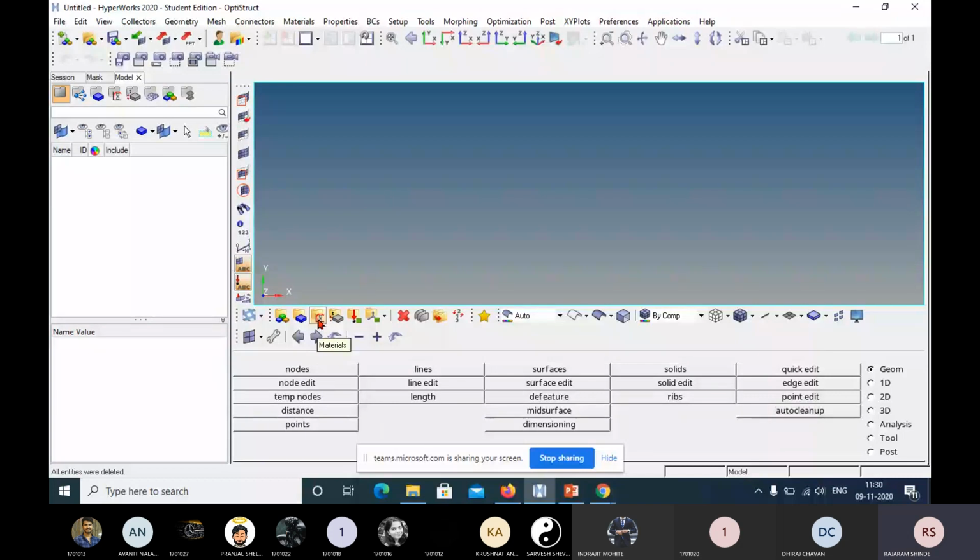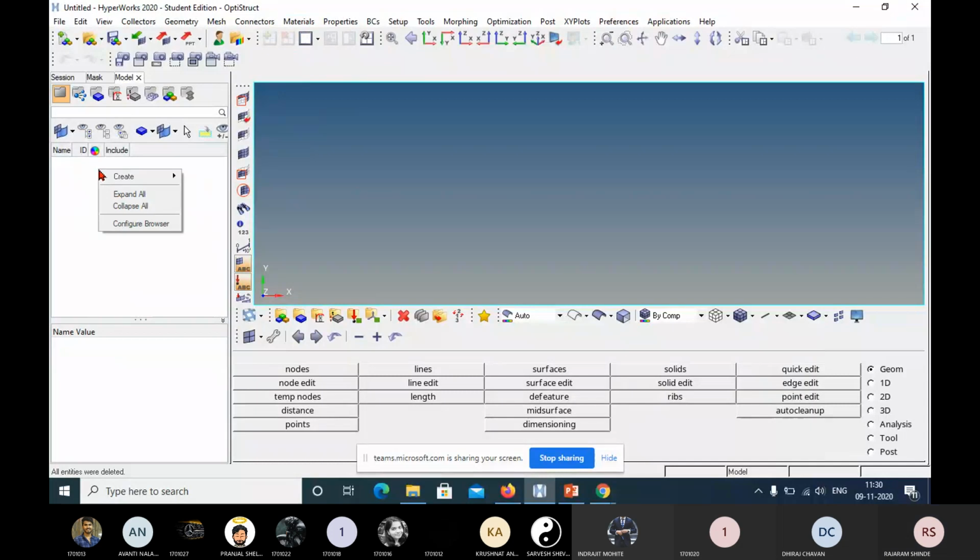Through this you can create the material, or you can go to material and say create. This is the second way: you can use this icon, or you can move your mouse pointer in this blank window, that is your component browser or model browser window.